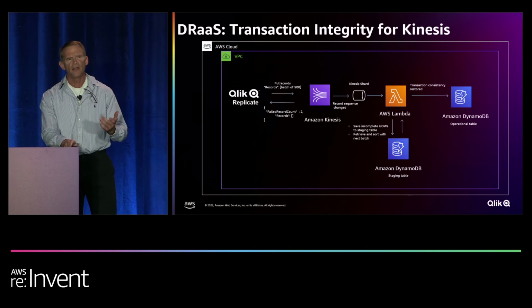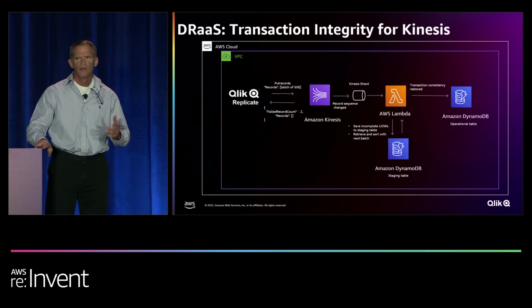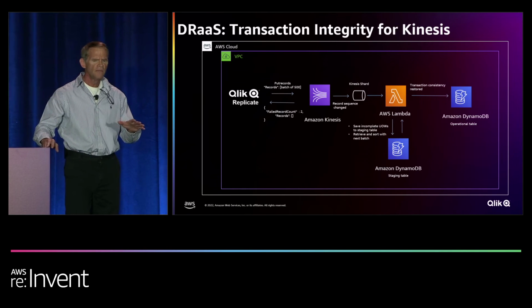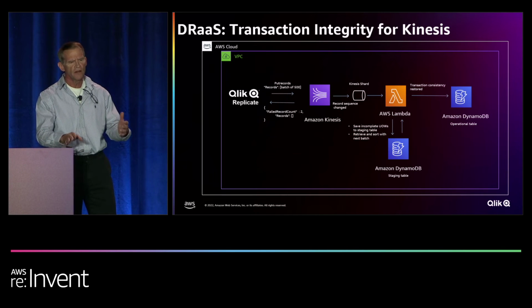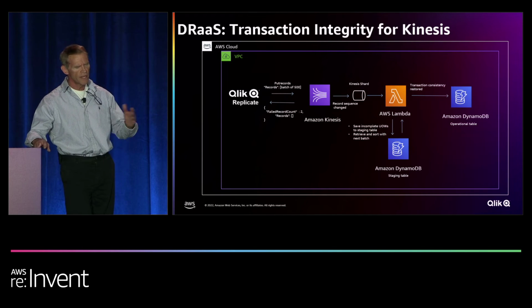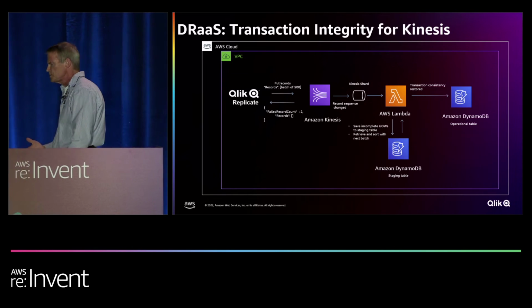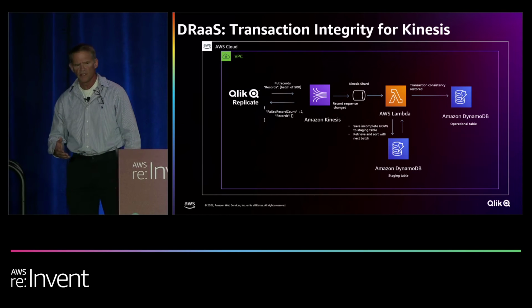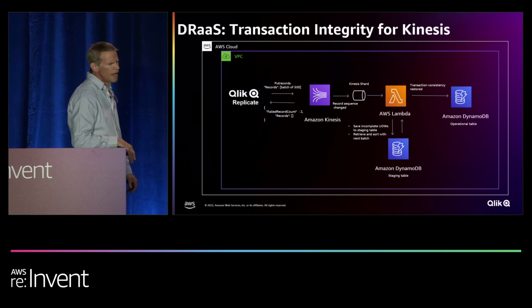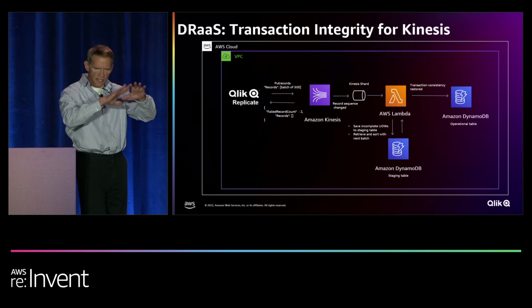Now, we sometimes had units of work on the mainframe that may span a batch. So what we noticed early on in our testing, sometimes we had some data issues there, as a result of units of work spanning batches, and getting data out of order as it was written into Dynamo. So we set up a session with Qlik to discuss this, and it was probably just within a couple of months, they delivered a new release to us which supported additional data within the Kinesis envelope that's wrapped around